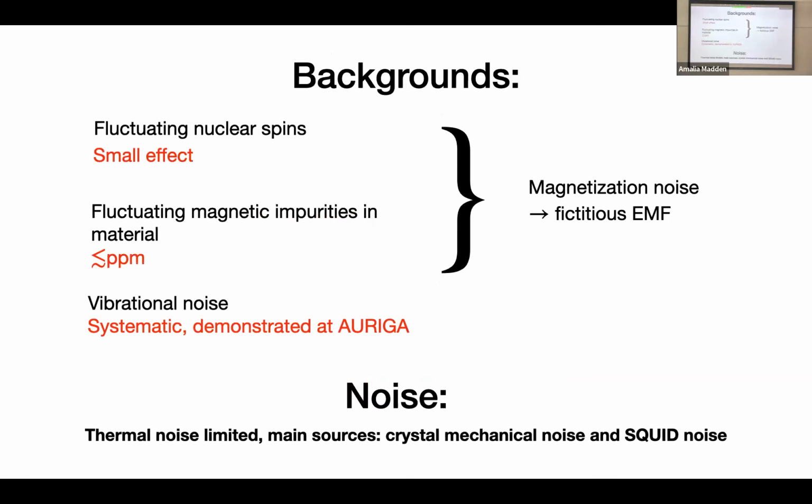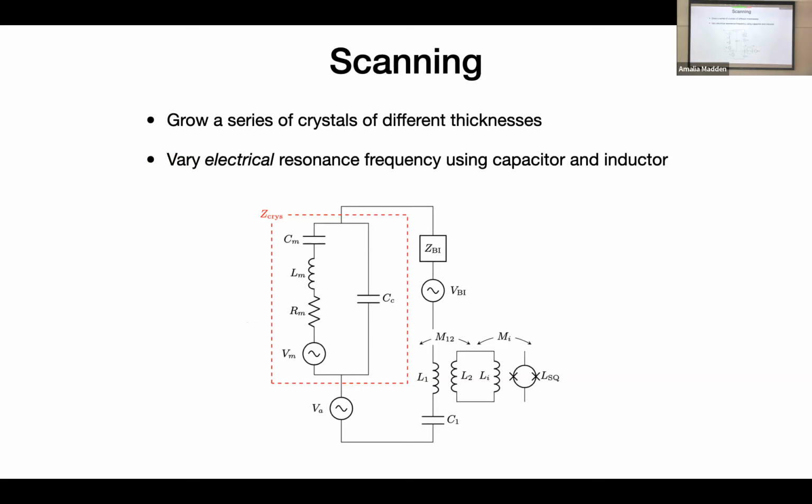Does this degrade the quality factor of your crystal? We don't think so. We've looked, for example, at the projections from something like Dark Matter Radio, where their external LC circuit has very high quality factors. So we think it should be fine. We've included the losses in this external capacitor and inductor in our final sensitivity plot. So we have incorporated that, yes.